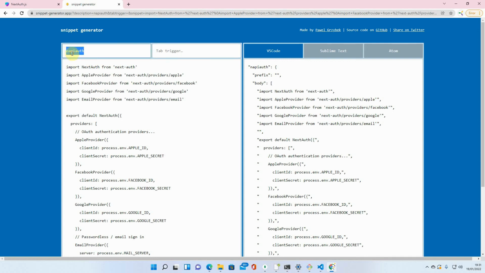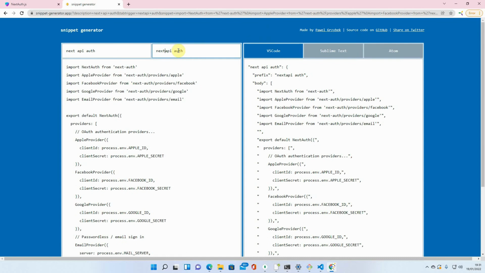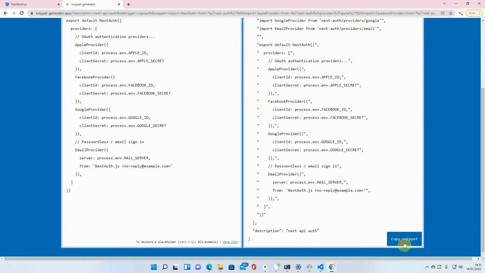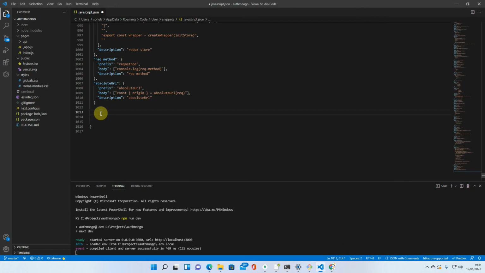Let's call it... sorry, this one is the name, so this is the description. Next API auth, and here we can generate the trigger. So this is the code that's going to trigger it. You'll see when I use it. So let's copy it. You can just copy this snippet here and then paste it in here,